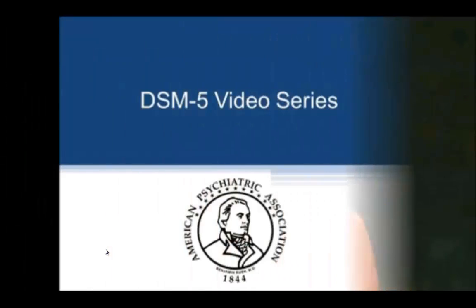The criteria specify that the symptoms should start during the grade school age, but might not be manifest until the demands exceed the individual's capacities, such as timed tests or excessively heavy academic loads. We do not use specific terms such as dyslexia or dyscalculia, as those were found to be useful as long as everybody agreed on the definition. And instead we're identifying the academic difficulties that then cause impairment, not only in academic but occupational and social performance.